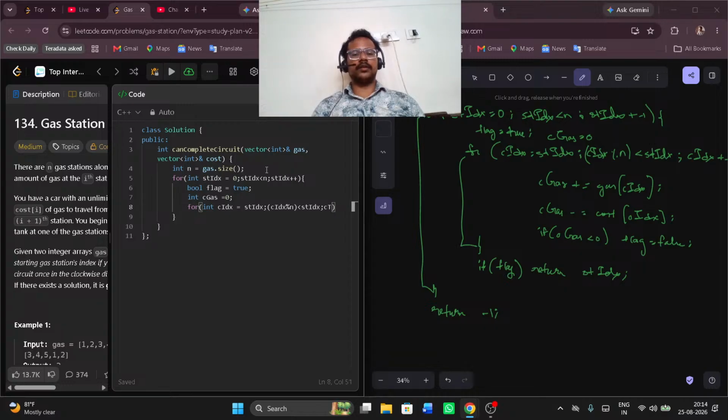Current index plus plus. Now current gas plus is equal to gas of